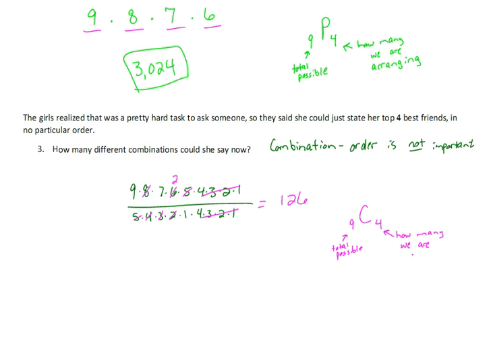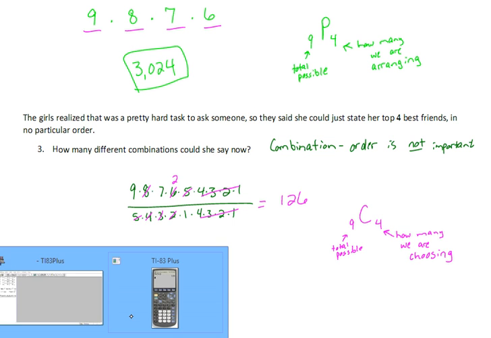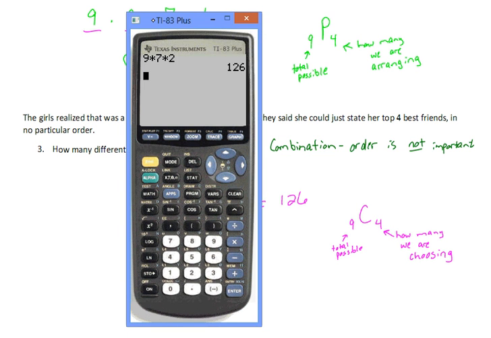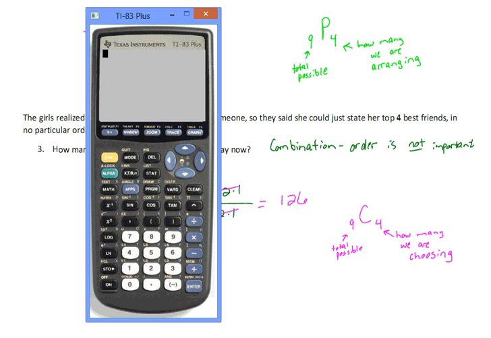We are not arranging anymore, we are choosing. So let's go back into that calculator. We said 126. We are going to tell the calculator we have 9. Math, over to probability, we are just choosing, so combination 3, we are choosing 4 of those 9, and we